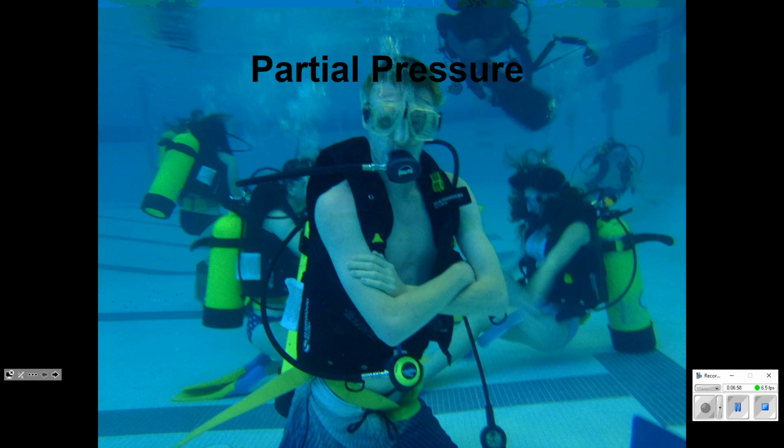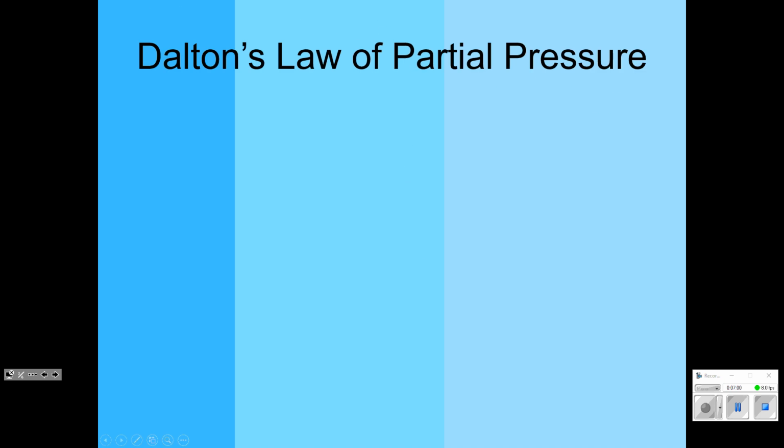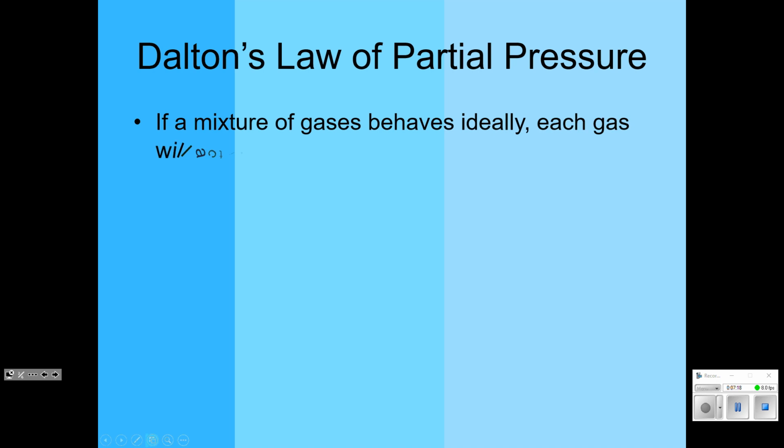All right, so I showed you a statement to start off the ideal gas law, dealing with Avogadro, which we remember from mole conversions. John Dalton, we might also remember from atomic theory back in Chem 1. He also worked a lot with gas laws. And again, this first statement here isn't necessarily anything that you're going to be assigned to regurgitate back out. It's more of the statement that allows us to do the math that we're about to do. So again, Avogadro said, hey, each gas is basically the same because of the space they occupy versus the space that they are. John Dalton said if you have a mixture of gases,